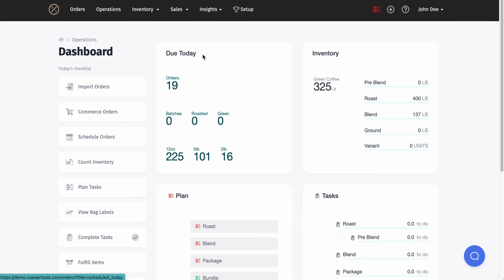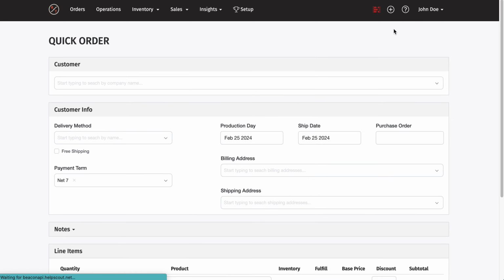So we're going to go to operations, and we've checked our commerce orders. If you don't have a connection, you can import through ShipStation, or you can always manually add an order. Say you talk to one of your wholesale accounts on the phone and they're not placing their orders via the portal, but they're calling you. You might come here